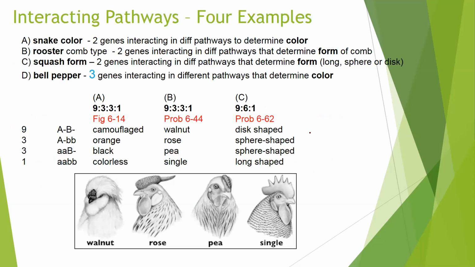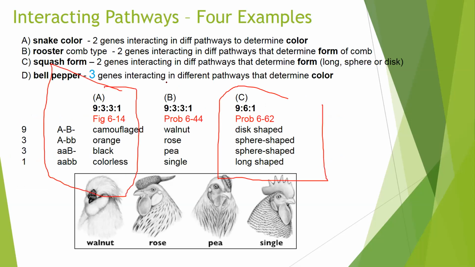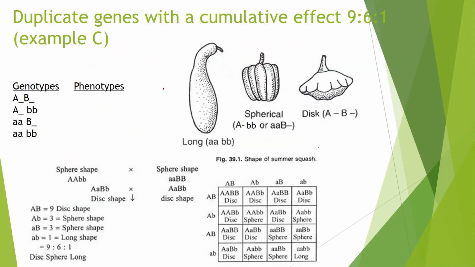This is easy. If these two genes are totally independent, they will give us different phenotype categories, which shows the 9:3:3:1 ratio. However, sometimes even if two genes are involved in two different pathways, they can show a slightly different ratio like this, the 9:6:1 ratio. So this is an example. If these two genes are having a cumulative effect, for example,